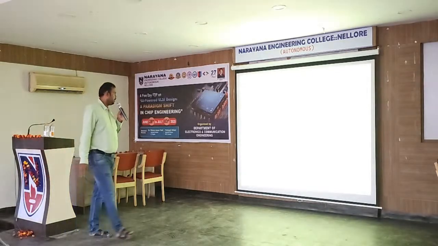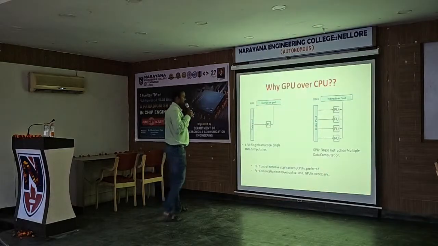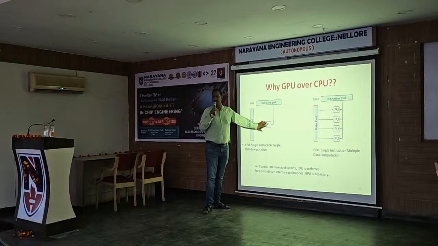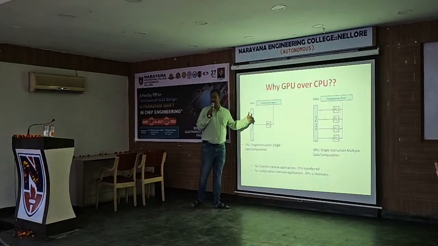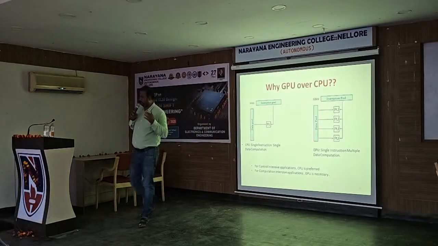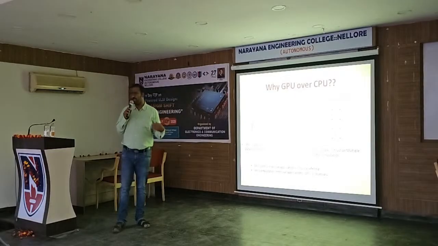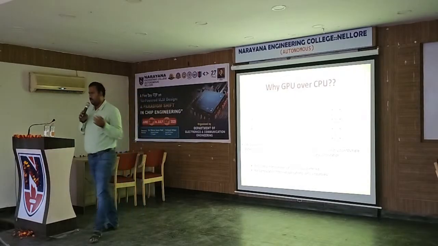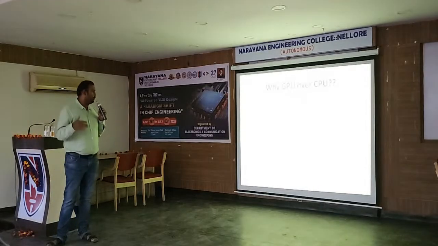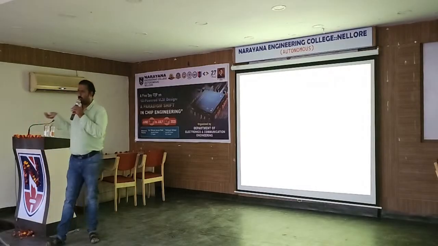And why do you go for GPU in AI training? For example, I have only a single instruction, I can do this on a CPU. But the GPU can do matrix multiplication very fast. It's a single instruction and multiple data. And all this is matrix multiplication. How fast you do it, that fast I can train my model.